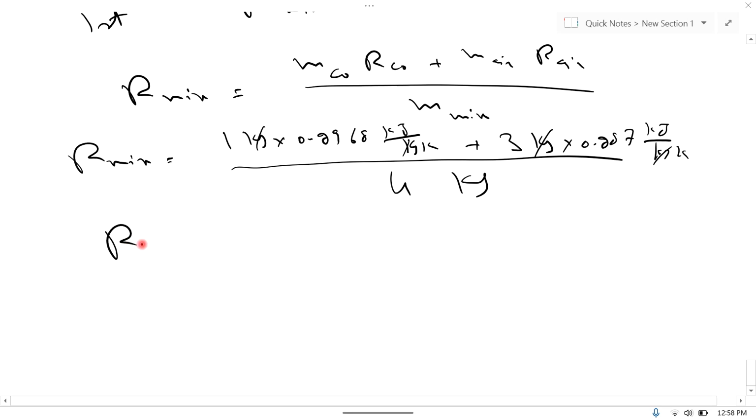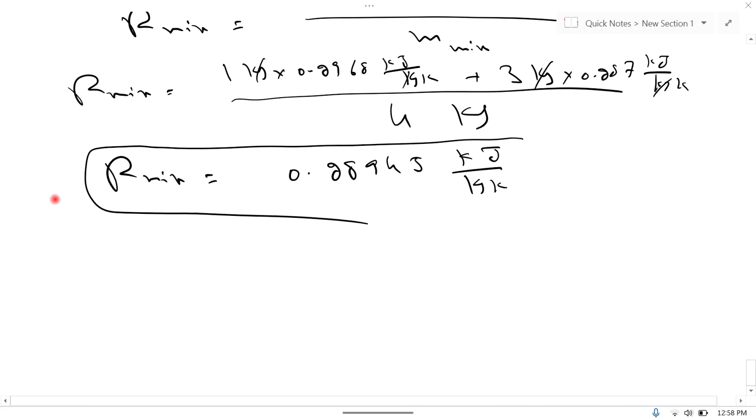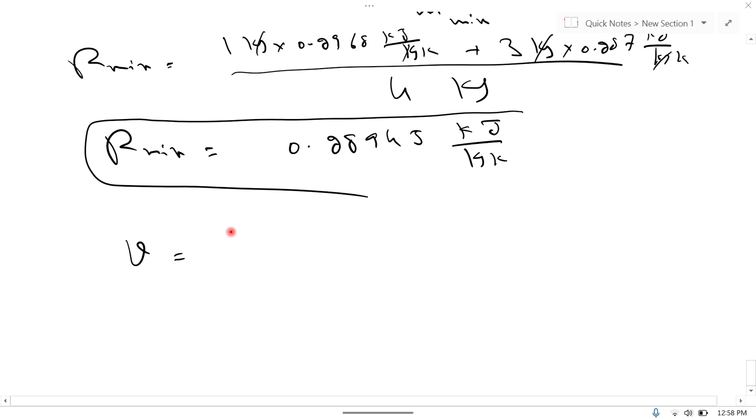Now this is a simple calculation to find the value of R. So R of mixture is 0.28945 kilojoule per kilogram per Kelvin. Now we can find specific volume. Specific volume is equal to R of the mixture, already this formula is written by me, times temperature of the mixture divided by pressure of the mixture. PV is equal to RT. So this is equal to 0.28945